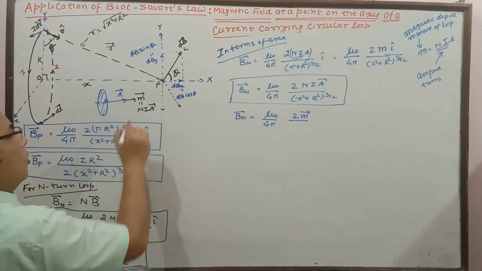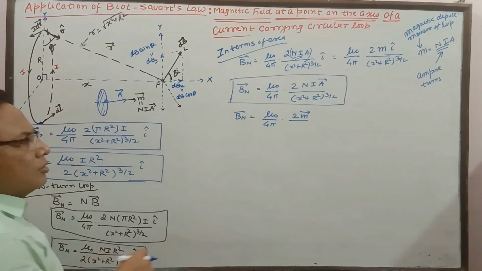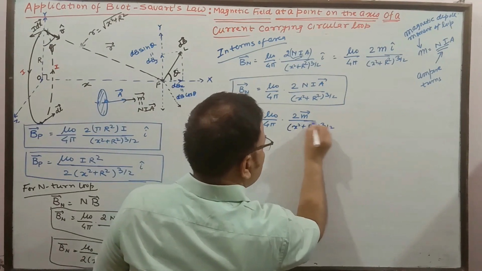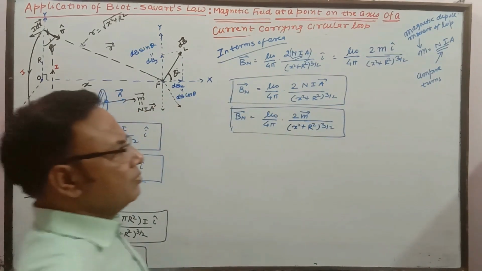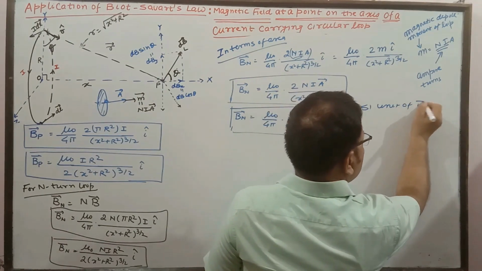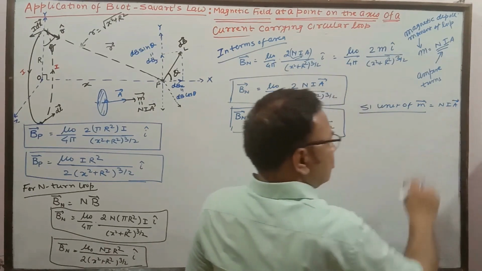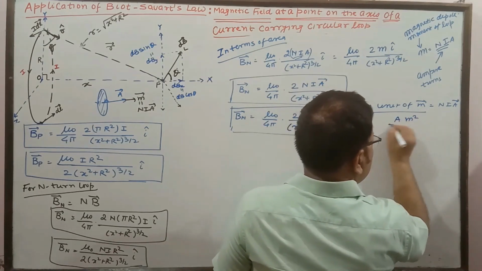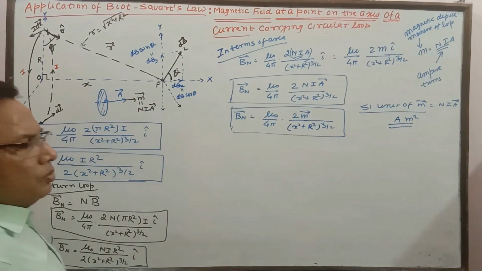So this is what you should know. What is this magnetic dipole moment? Later on we are going to learn something more about this. So this is m upon x square plus r square whole 3 by 2. You can find out the unit of m as well. The SI unit of magnetic dipole moment, which is equal to NIA: N is a number, so no unit, I is current, A is area in meter square. So ampere meter square is the unit. The dimension formula you can find out, and that is a vector as well. That is your duty.